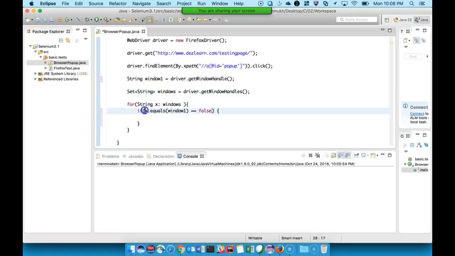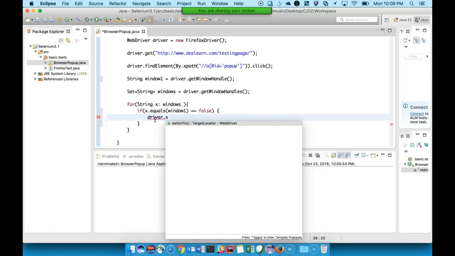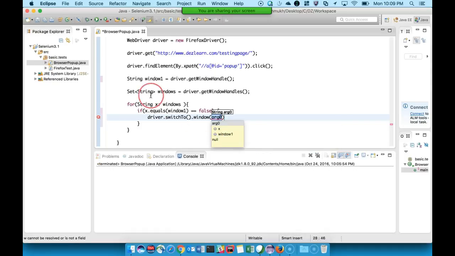If this gives false, it means the window ID whatever we retrieve over here is not equal to the window ID we are retrieving over here. It means the window ID is the window ID of the new browser pop-up that we got. In that case, all we need to do is switch the driver to the new pop-up, and to do that we will use driver dot switch to window.